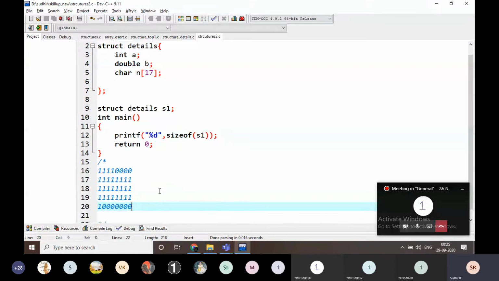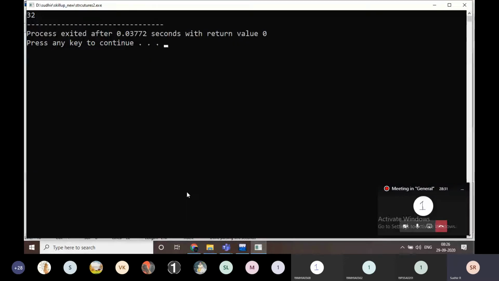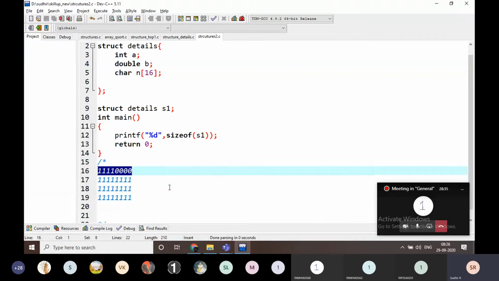I think it may be confusing, right? For example, if I take 16 here, this is going to be deleted. And what is the output here? 1, 2, 3, 4. 4 8s are 32. Do you understand what my point is here?